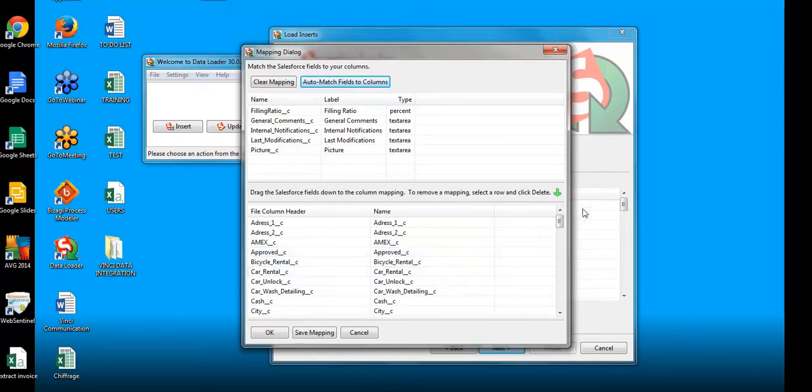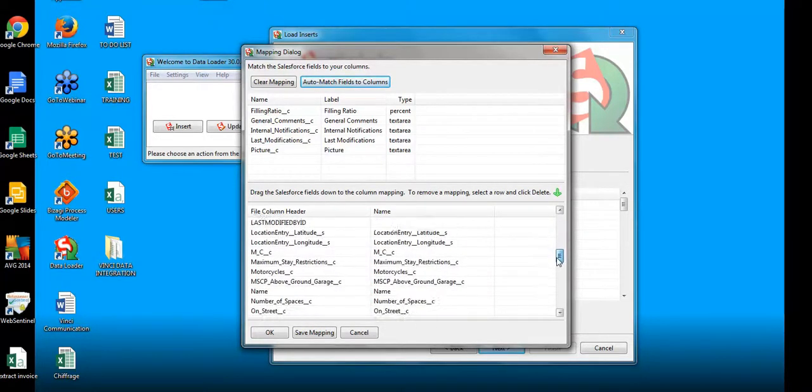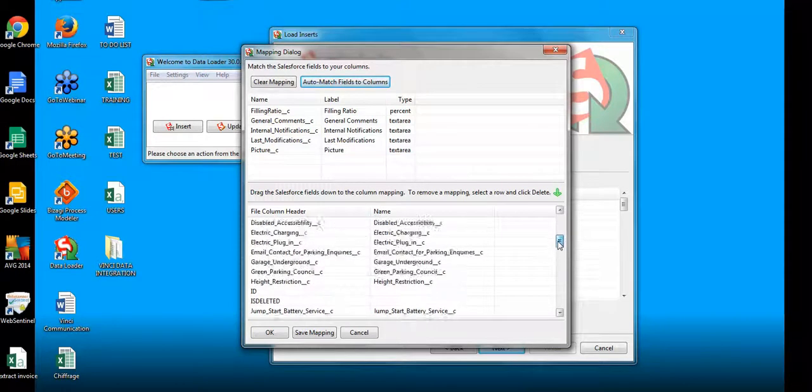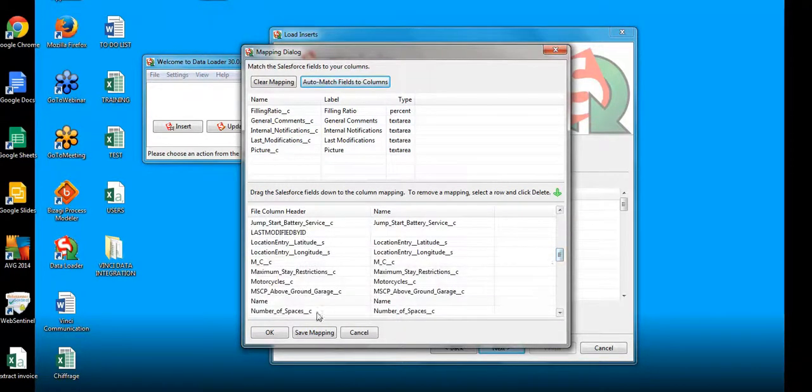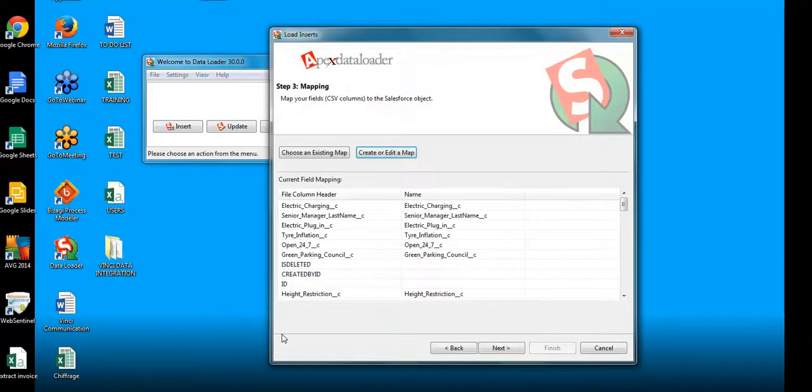Please note that some fields are not matched. That's fine, it's normal. So normally you have all your needed fields and you can click on OK. Then you click on Next.